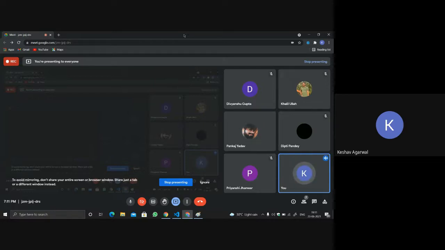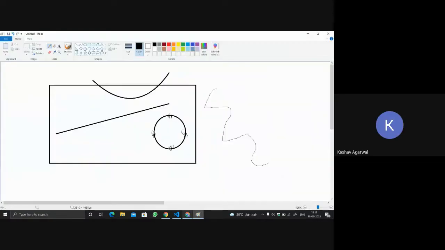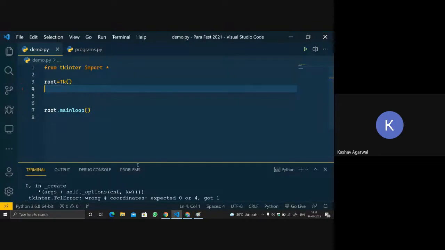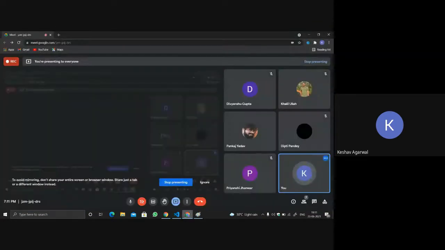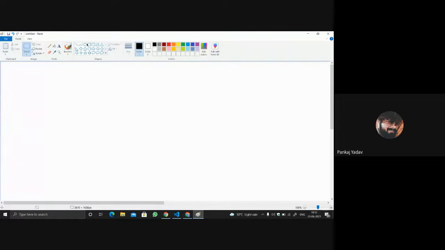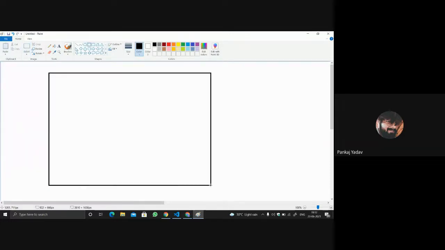So how can you use entry inside drawings? Have you ever seen inputting values inside a drawing? No. That's why we use what we were using yesterday, label and entry in root. There is another concept known as frames. You can divide a particular window. If we have to use both, then we use frames.